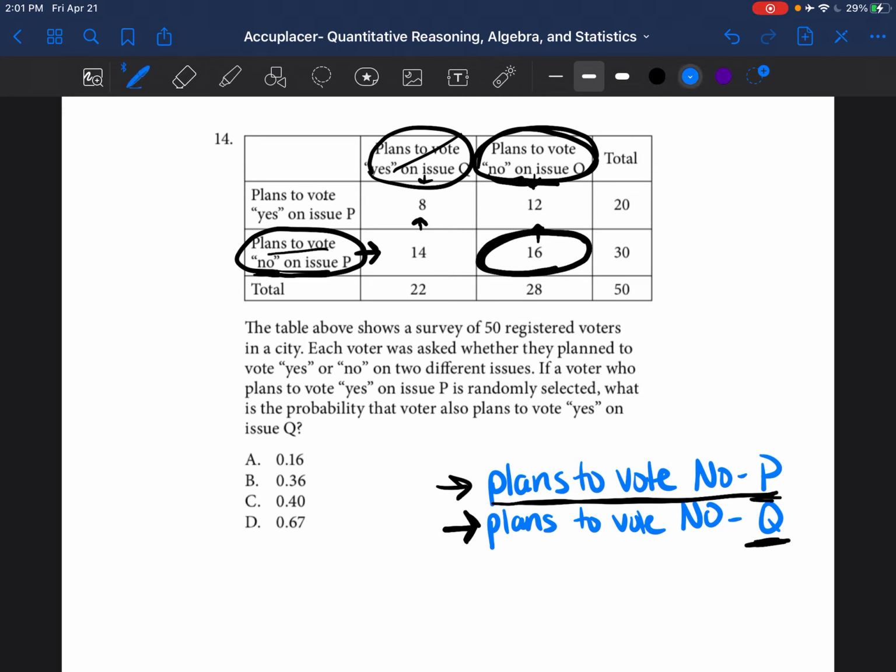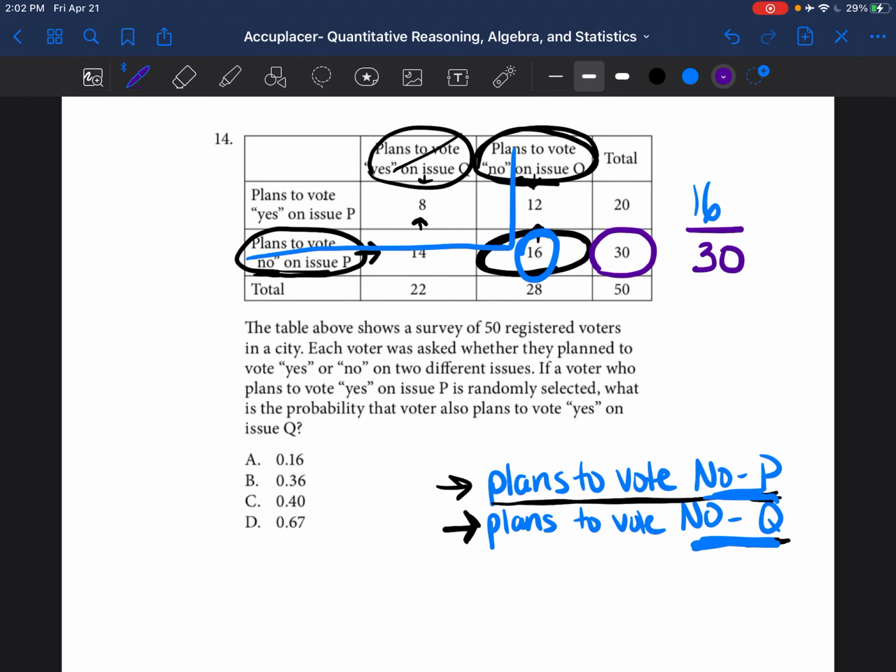You literally just follow it along. Go across here, and it runs here, and we end up with this number. So 16 people plan to vote no on P, but also no on Q. But you always have to put that number out of the total, which is 30. So it would be 16 out of 30, and then you would go ahead and divide 16 divided by 30,